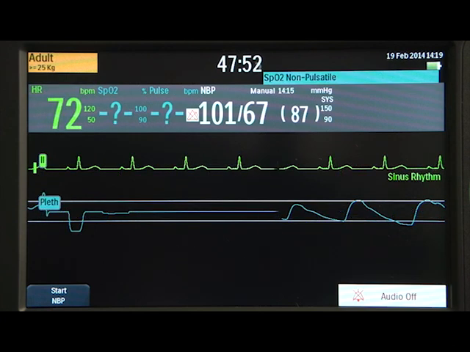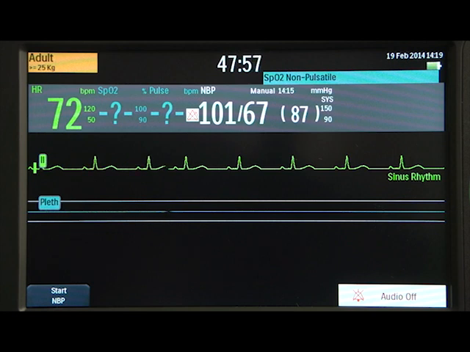Low priority alarms indicate a device problem or non-life-threatening condition, such as this SPO2 non-pulsatile message, and they appear in